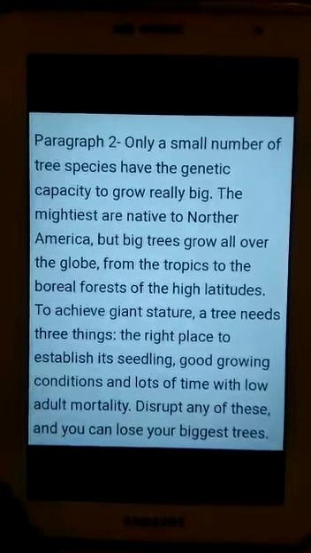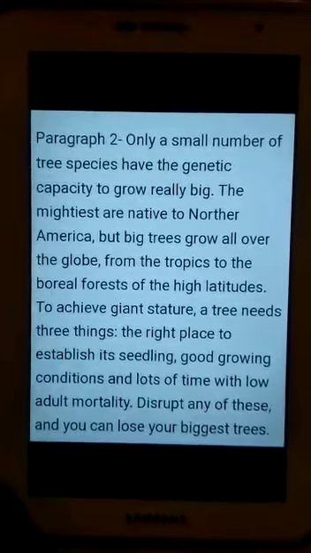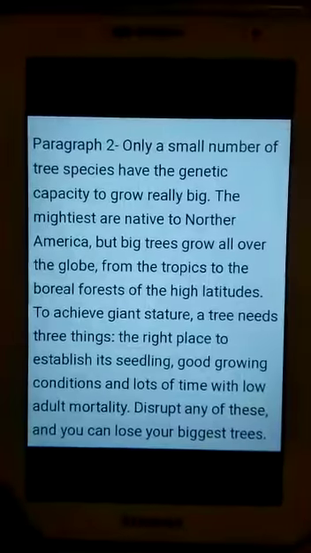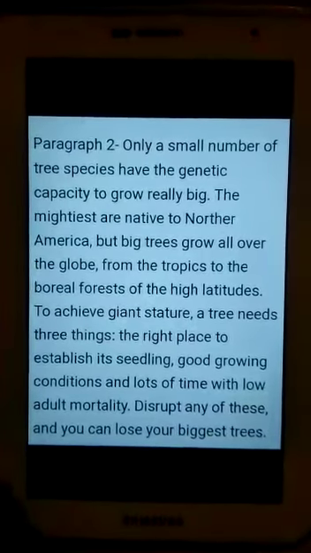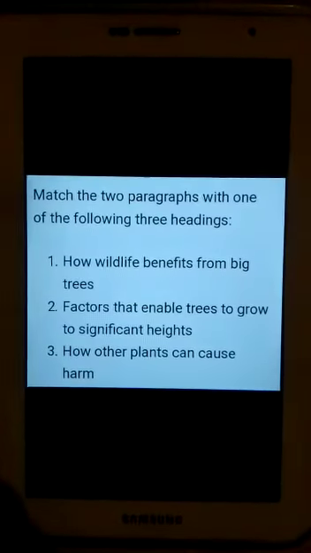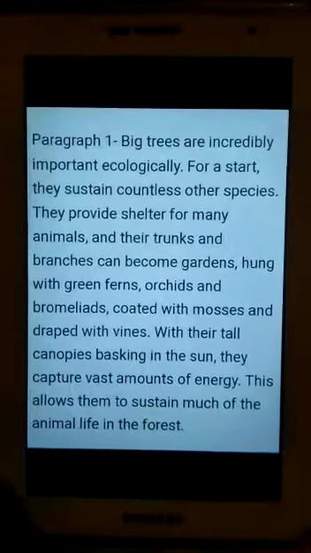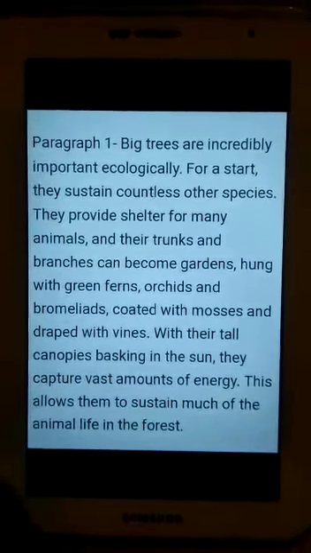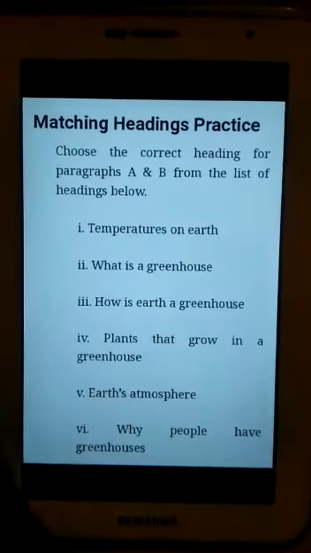So you can easily find the headings of a paragraph with the help of synonyms and with the help of keywords. Like here a synonym was used in the first: benefits, synonym is important. Same like you can do more paragraphs. Now I will do one more heading and paragraph for you that are here.